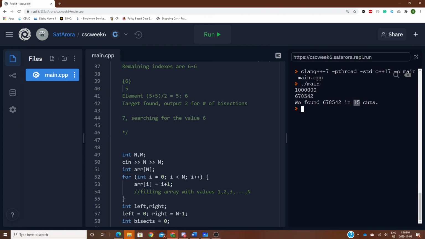And that's so much faster than doing 678,542 cuts. And here we see that it's so much faster because we increased by a factor of 10 and our number of cuts went up by 2, from 13 to 15. So obviously you see that as n grows really large, and our log n value, our number of cuts,